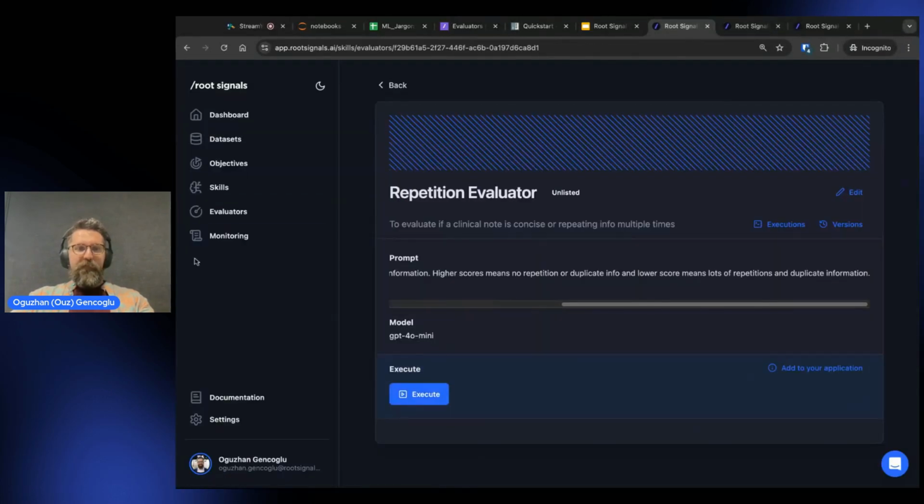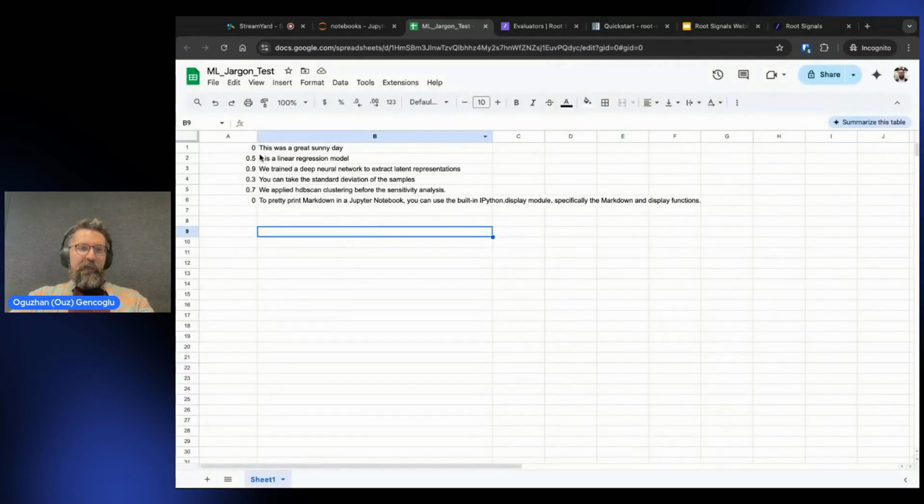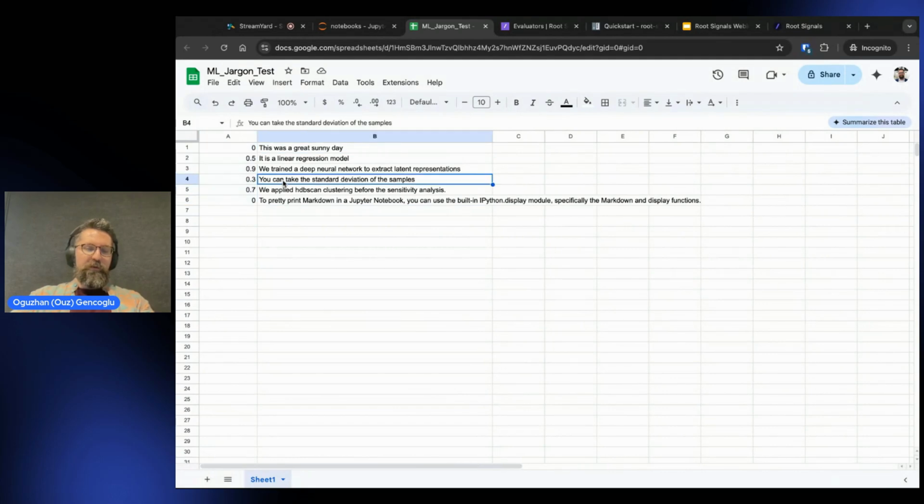So in our platform, you can build a custom evaluator very easily. It goes like this. Before that, I'll show you that you can create a machine learning jargon evaluator judge. You can bring your ground truth scores and the input text that is being evaluated. For example, "Of course, this was a great sunny day." There's no machine learning jargon, so you give a 0. If you have even a couple of samples like this, you have something already super powerful